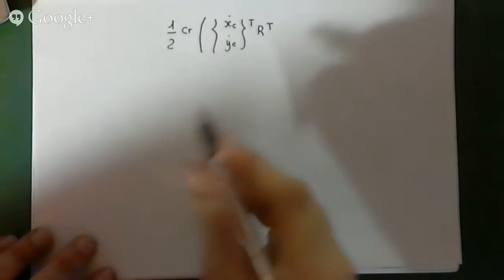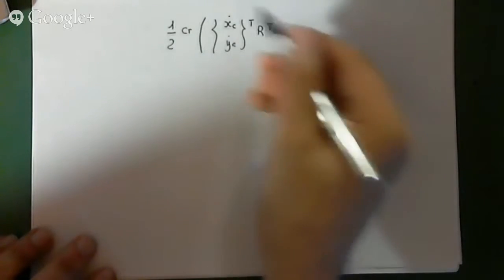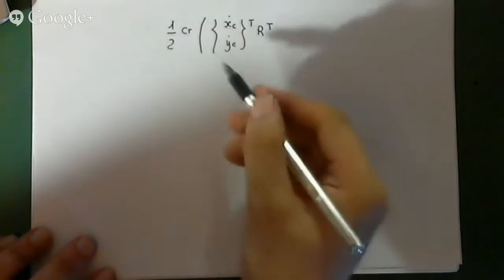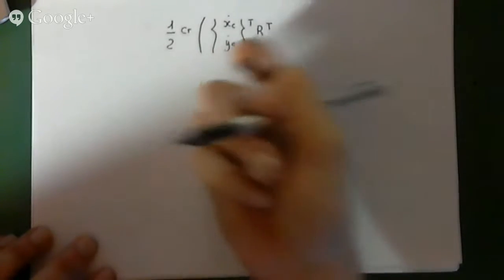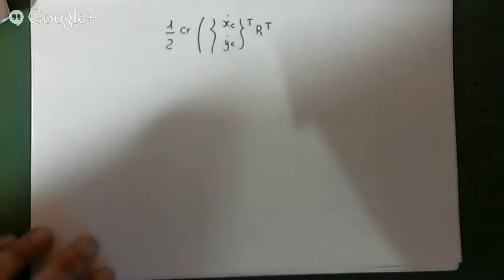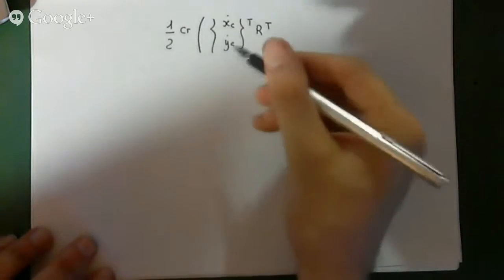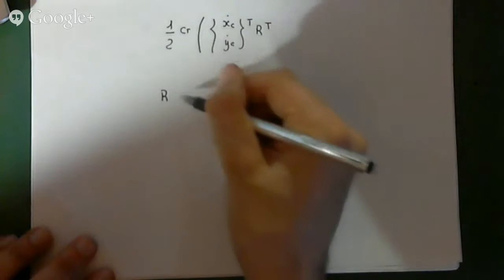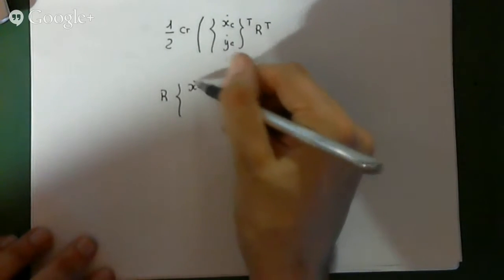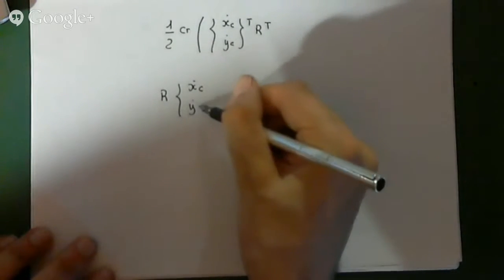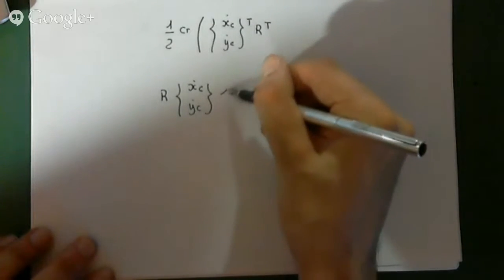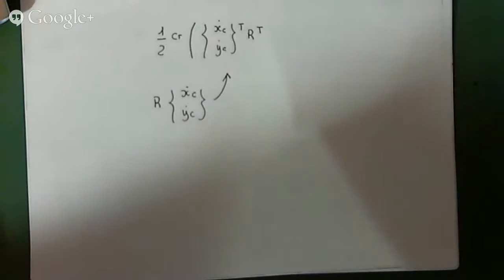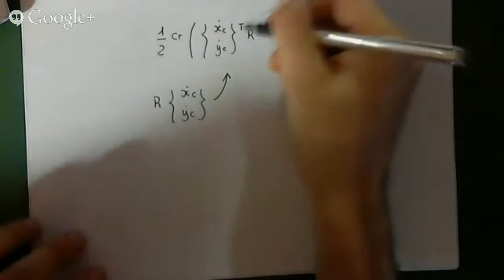Note that in doing the transposition, we have changed the order of the vectors. First, we have R matrix times x point C, y point C. Now we have the inverse ordered vector transposed